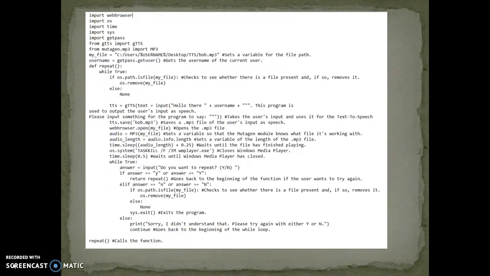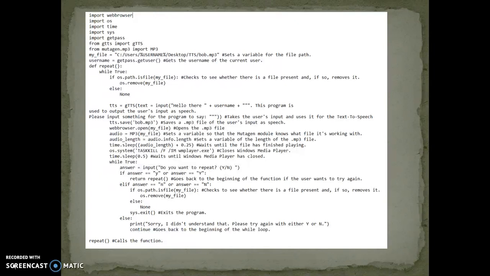After it saves it, it opens the file with webbrowser.open, which opens the mp3 file. Then audio equals mp3, and the module starts setting variables along with it, such as audio length, and the audio is given out.